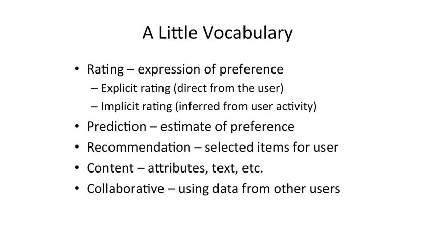Content is attributes or text either in or about an item. So for a book or for a news article, the text in the article itself is content, so is its headline. For a movie, we can mine some things directly out of the content, but we also have synopsis, we have who is in it, we have its title, we maybe have some user-supplied tags or the text of reviews about it. All of these things are content related to the item.